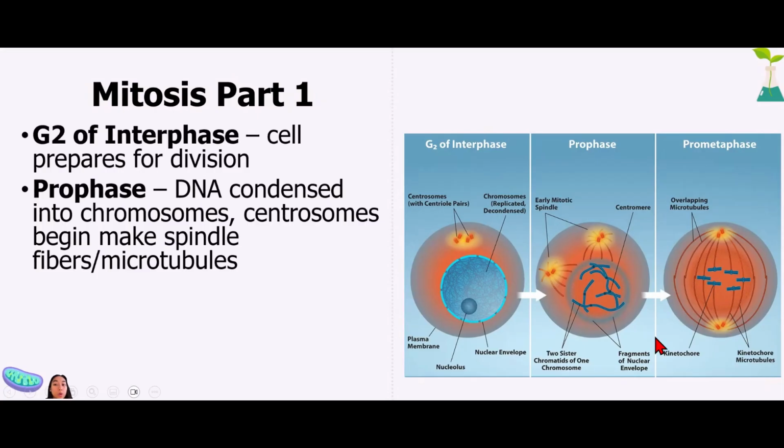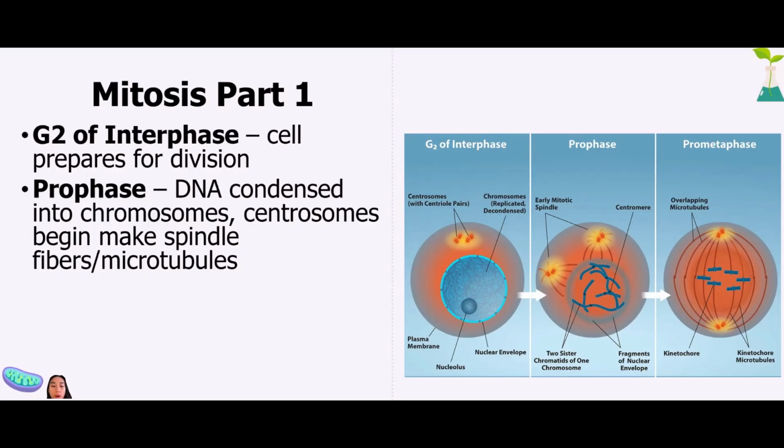Now we're going to go into prophase, which is essentially the first step of mitosis. And in prophase, the DNA gets condensed into chromosomes. So right here, the DNA is all over the place. And the DNA is going to start coiling up into chromosomes so that it's